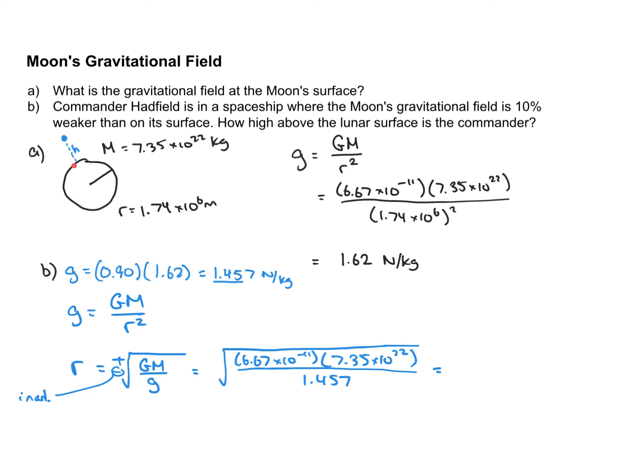Okay, so I'm getting 1.83 times 10 to the 6 meters. Now keep in mind that is the value of r. So that is the value from the center of the moon all the way to where Chris Hadfield is. But I'm interested in finding just the height from the surface, this h value there. So I'm going to have to do a subtraction, actually. h is going to equal my answer above, subtracted by the radius of the moon,